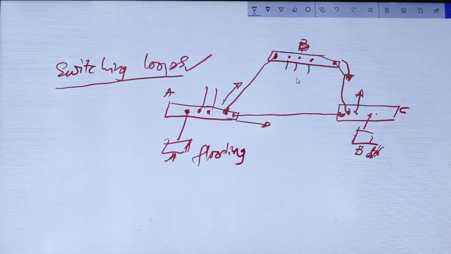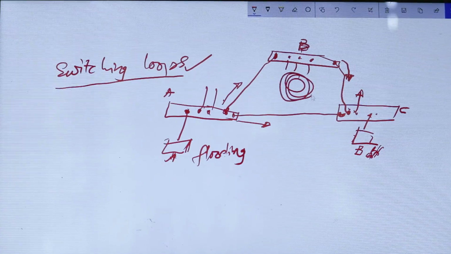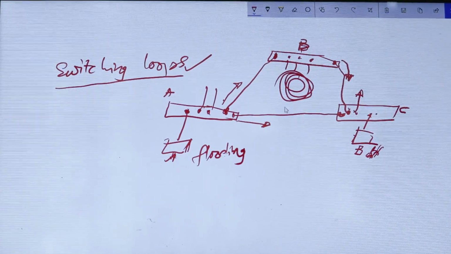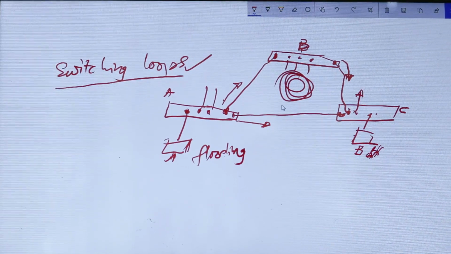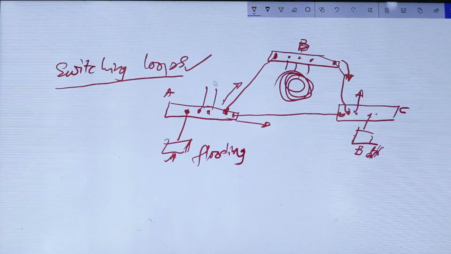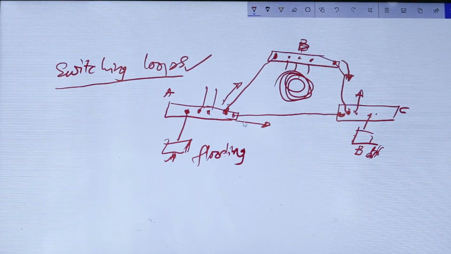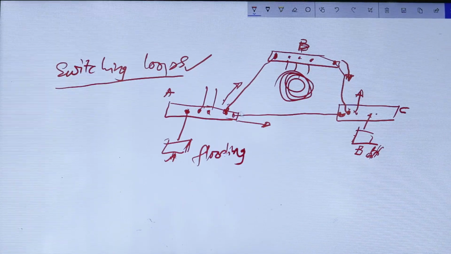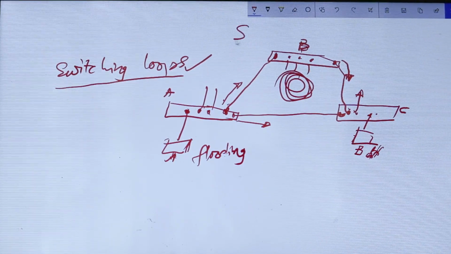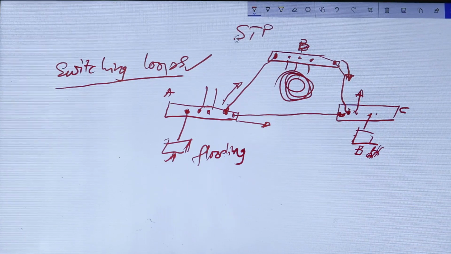So what are we seeing? Switching loops. Packets will keep on going round until the network shuts down. So you see, switching loops are so bad for the network. It's not a good thing. Redundancy is a good thing, but it's prone to switching loops. That is when STP comes in to help the situation.